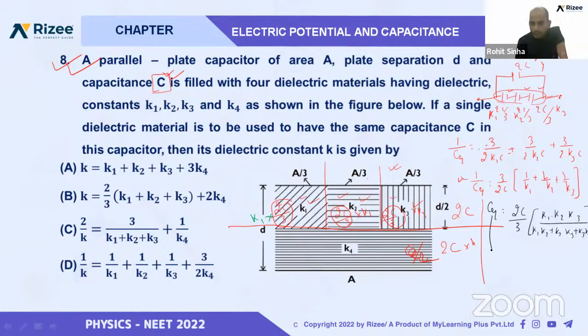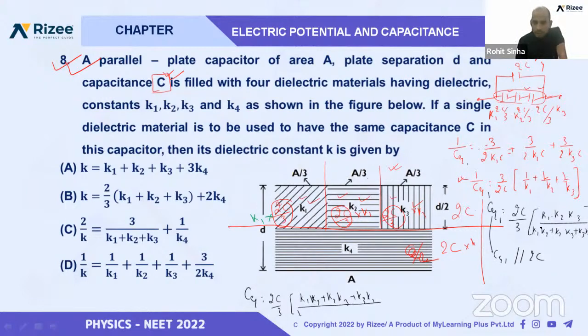Okay, this C equivalent, let us say C equivalent 1. This C equivalent 1 is parallel to 2C. So the final C equivalent will be 2C by 3, that is K1 K2 by K1 K2 plus K2 K3 plus K3 K1 by